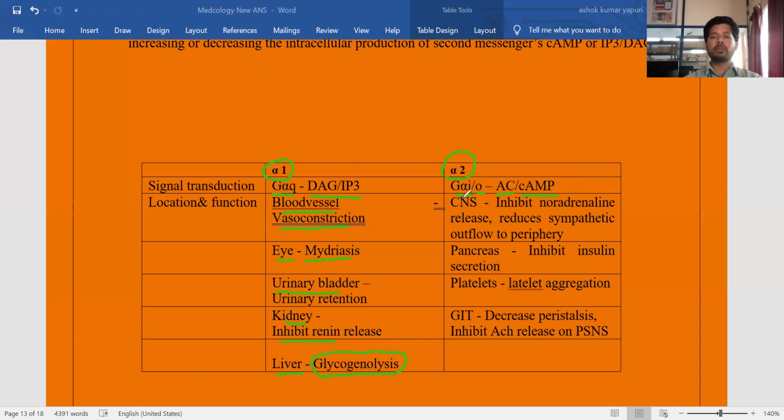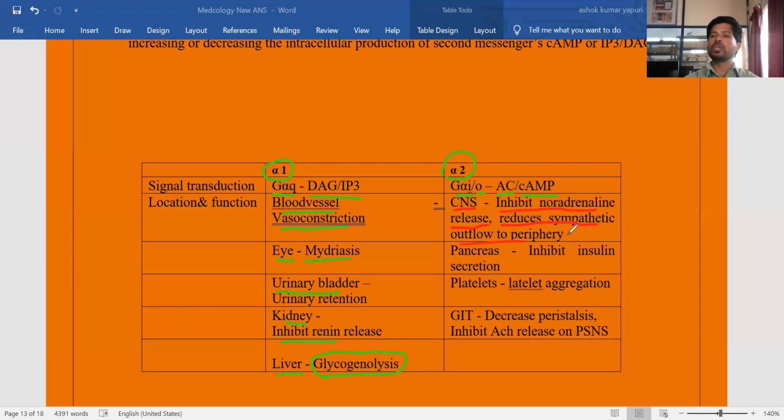Regarding location and function, the alpha 2 receptors are located in the central nervous system. What happens when alpha 2 receptors in the CNS are activated? They inhibit the noradrenaline release and reduce sympathetic outflow to the periphery. Generally in the peripheral system, when the sympathetic system is more active, it leads to increased blood pressure as well as